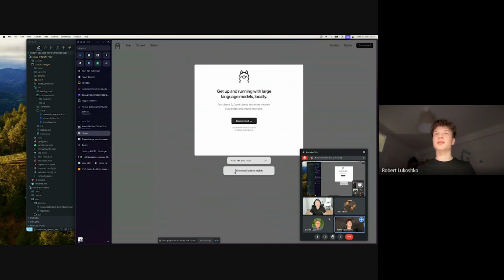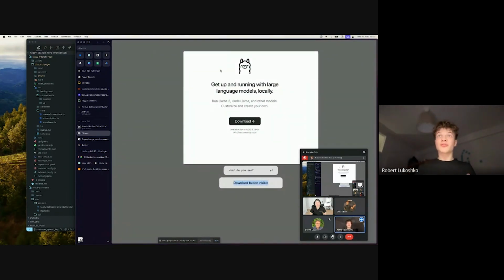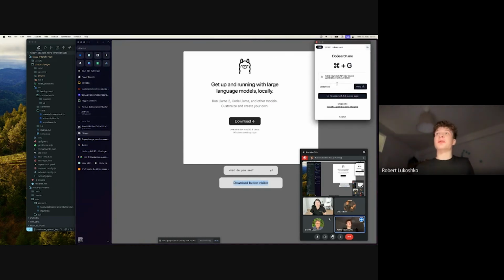And it'll basically tell you what it sees. I think right now it'll answer download button visible. Well, I asked it to answer in 3 words, but basically it took the screenshot and sent it to my backend with my authentication key, because previously I have logged in. And here I can see that I can use my OpenAI key, but also I'm logged into my account.